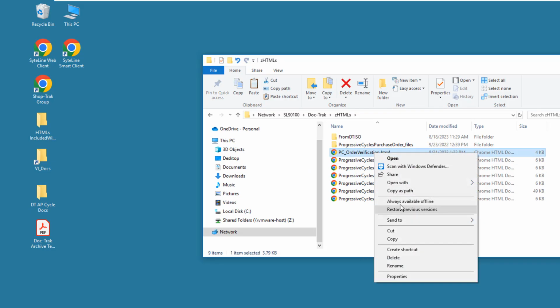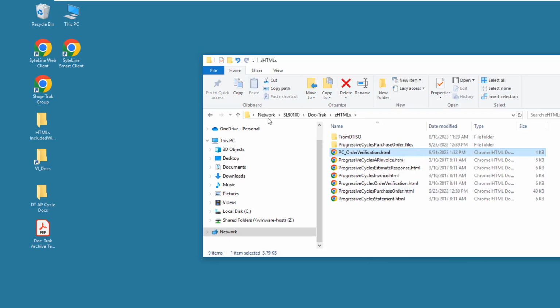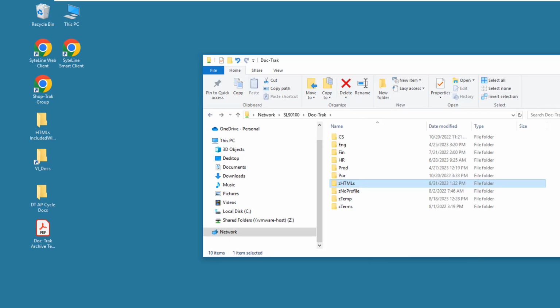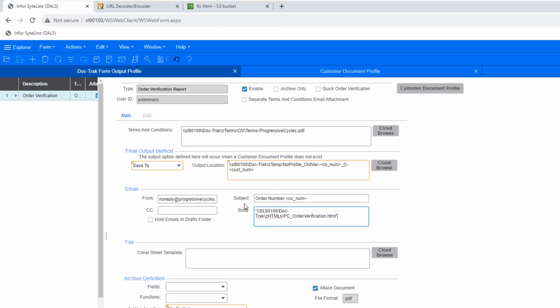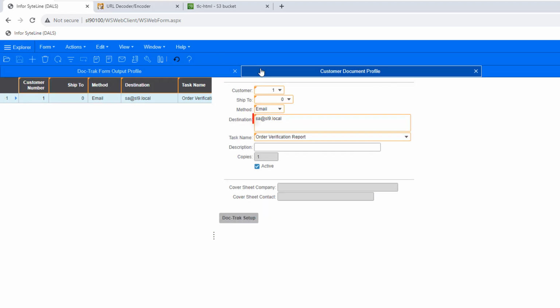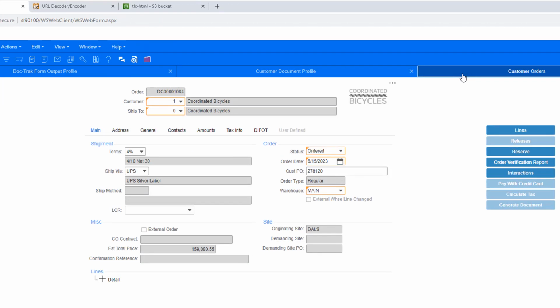Then I'll copy its path, go back to the order verification rule, and paste it to the body. You can see here that I've set up this test by entering a local email address in the customer document profile for customer 1, ship20. And here's an open order for that customer in ship2.